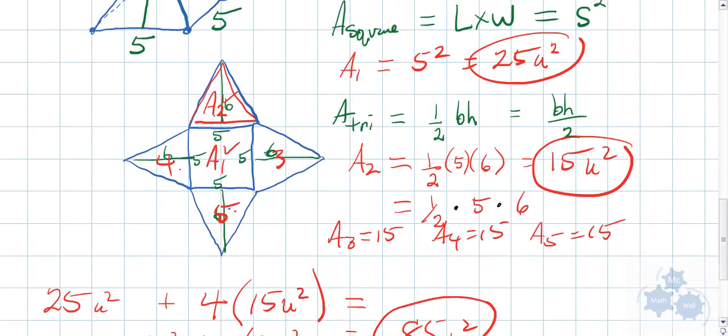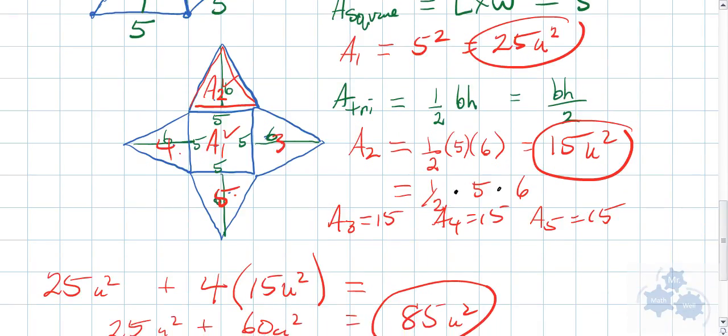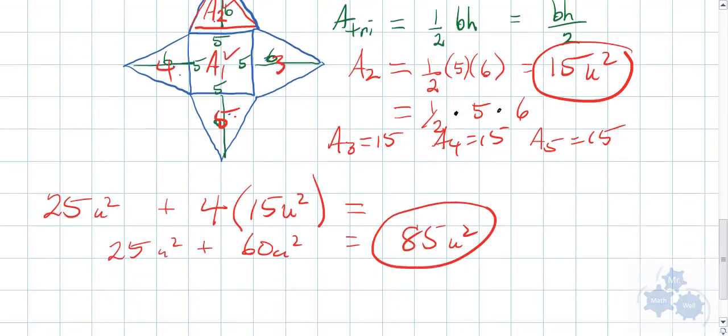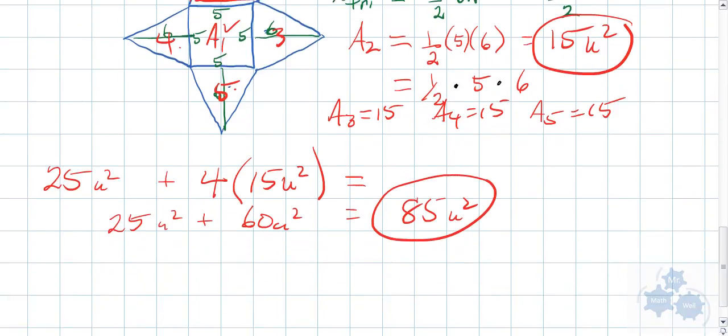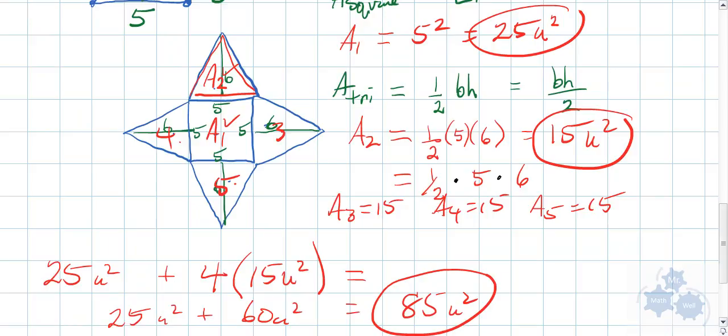And make sure that you only have one answer circled. If you hand this in, or on a test, if you leave this all like this, it looks like you have 3 different answers and it looks like you don't know what you're doing. Okay? So if you do what I was doing here, and I circled this to show you, if you need to show yourself and you need to do this, that's fine. But you need to make your answer markedly different than anything else. This is not acceptable right here. That's a circle, that's a circle, that's a circle. They're all equal. Okay? So you have to either erase these ones like that and make your answer very clear,